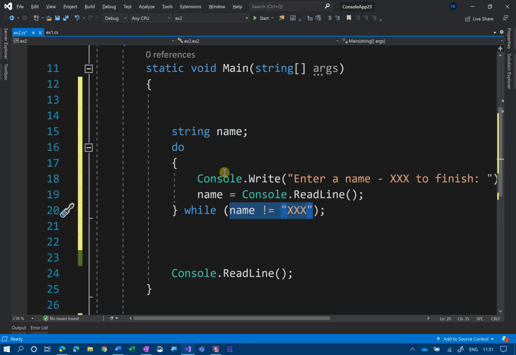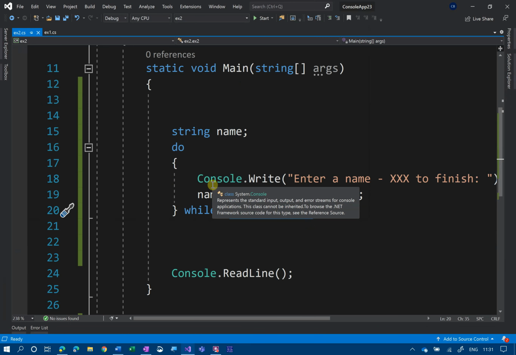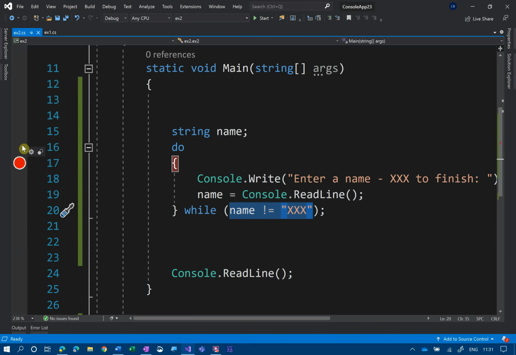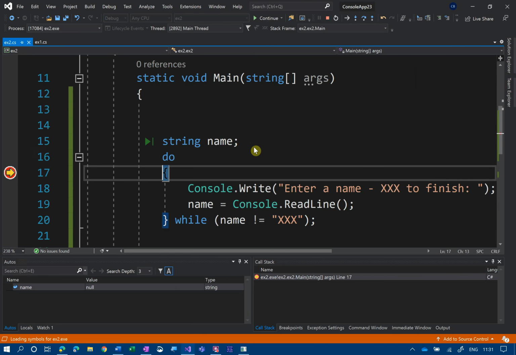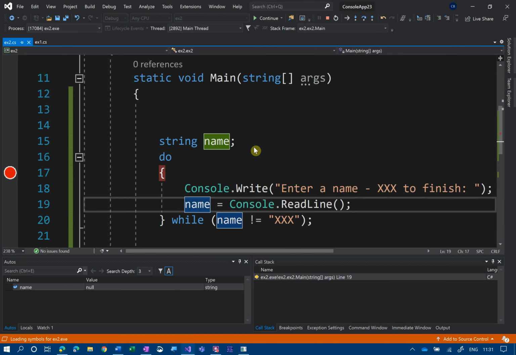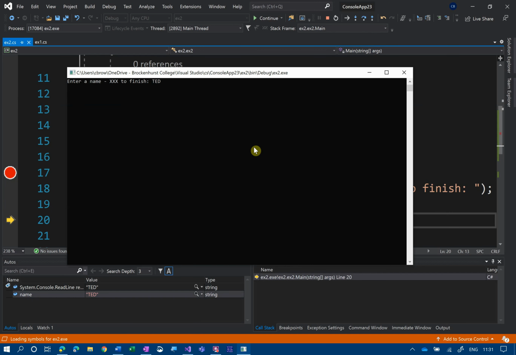So we've got here console write line, enter a name, xxx to finish, name equals that. So enter my name, Ted, and then if I type in xxx, it will stop. Not particularly useful, but we could be adding these names to an array or whatever. So let's just quickly show you the breakpoint. So we've got F10, outputs it, read it in. Let's do Ted, and then back in here,